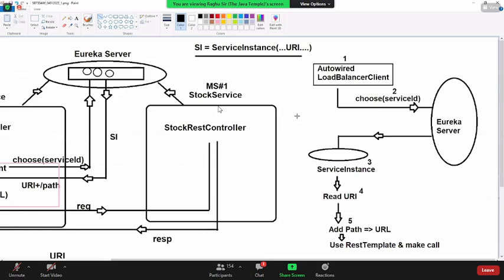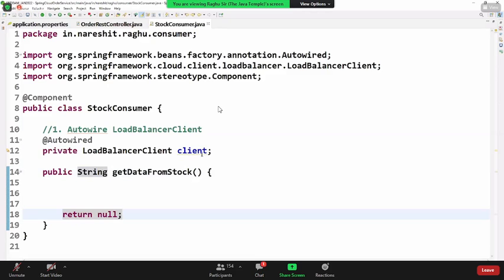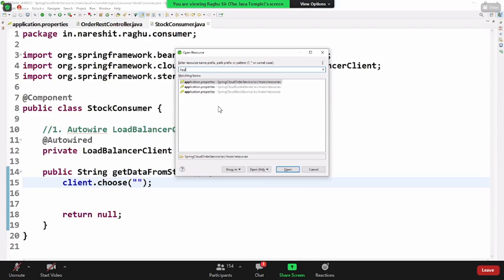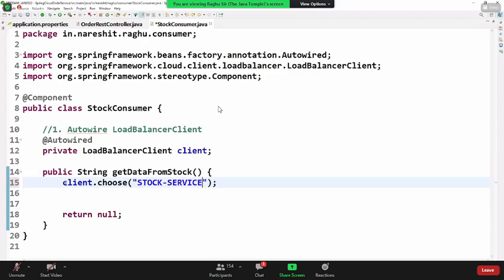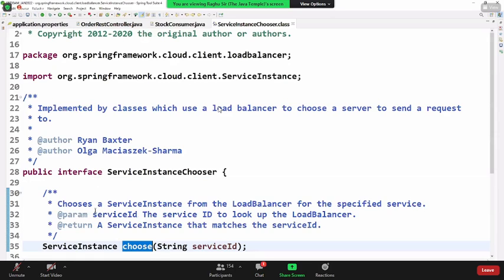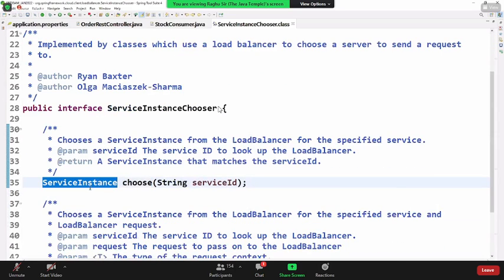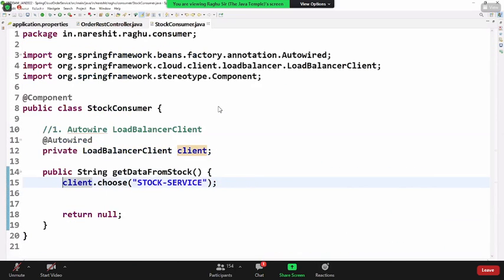Call choose method, it will go to the Eureka server. By taking this client, call choose method and you have to pass the service ID, meaning the application name, which returns, actually the choose method returns, a service instance.